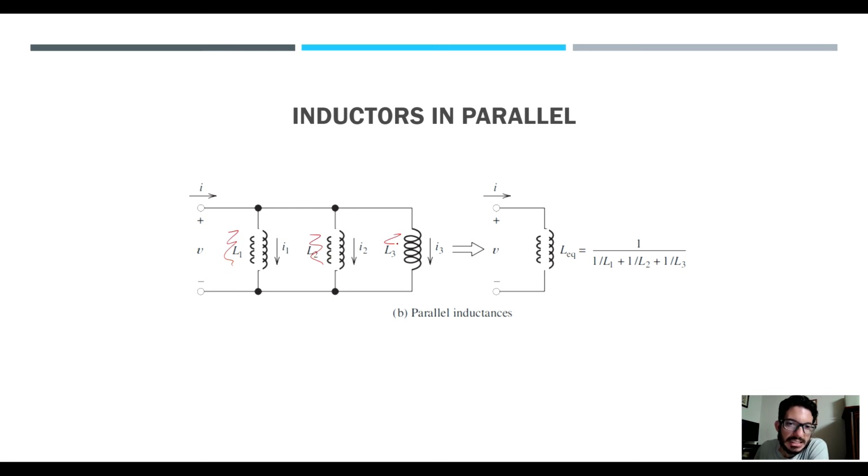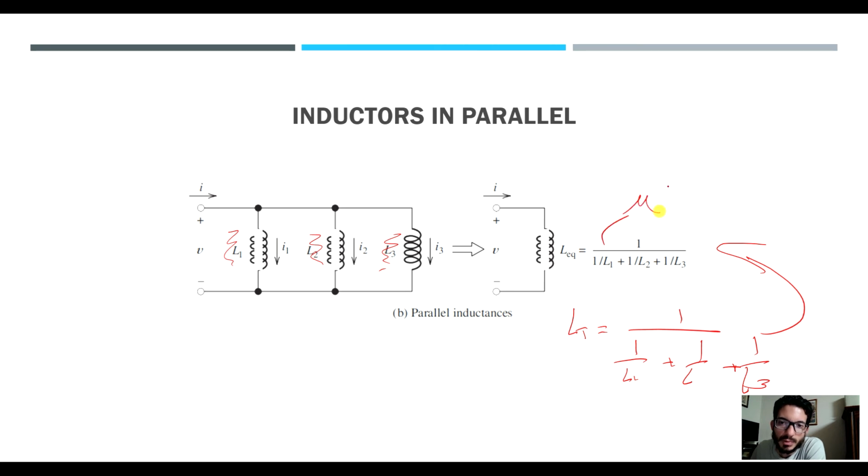If you remember from your DC class, the total inductance is 1 over 1/L1 plus 1/L2 plus 1/L3, just like this. So this is pretty simple stuff. You just have to be careful with the units. The only place I see you can get errors is if you're not careful with the units, if this is micro and then there's nano,